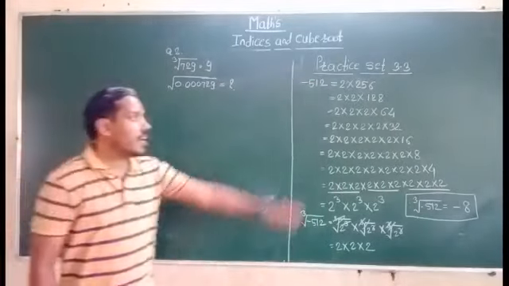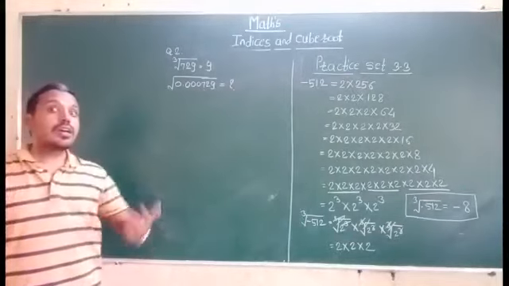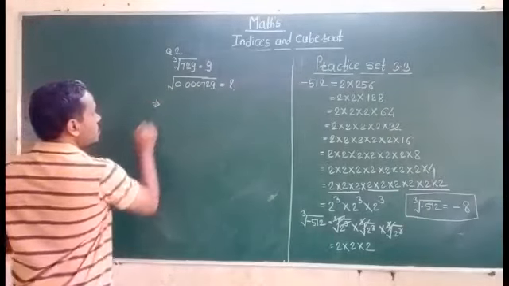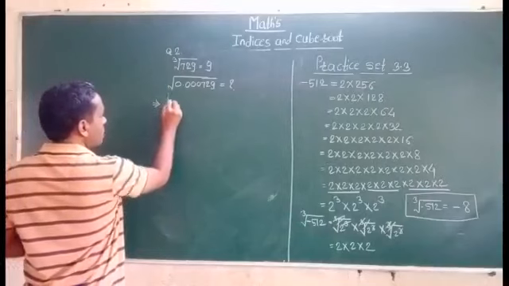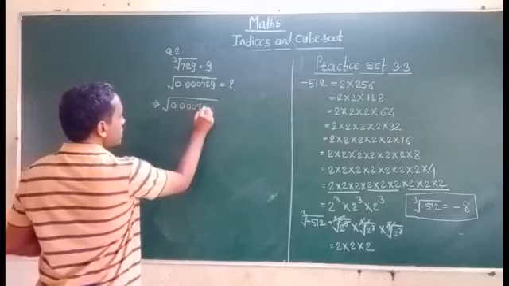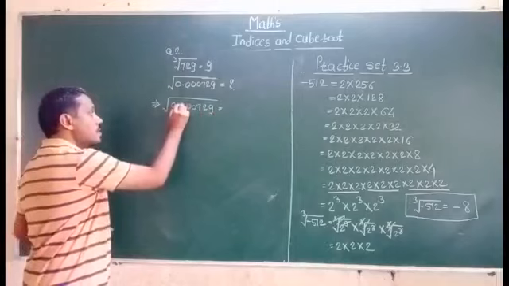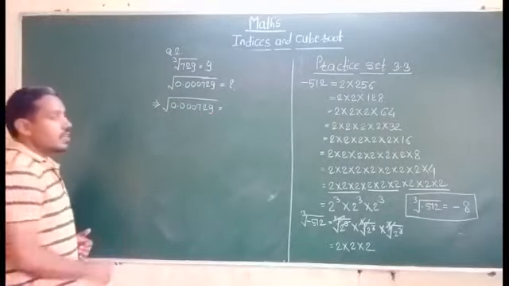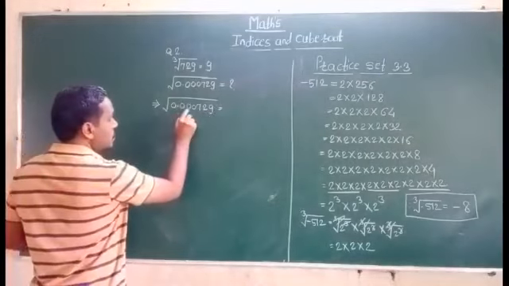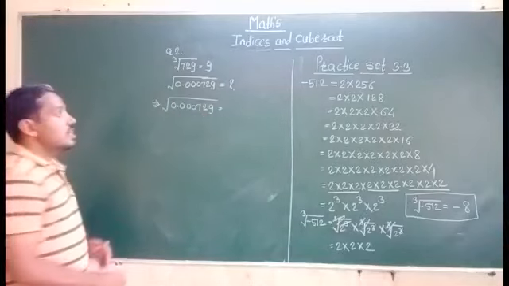But to follow that method, we convert that number into rational form. So how can we convert that number into rational form? First of all, we convert the number 0.000729 into rational form. We think about the decimal point, and after that decimal point, how many digits? We count 1, 2, 3, 4, 5, 6. There are 6 digits after the decimal point.